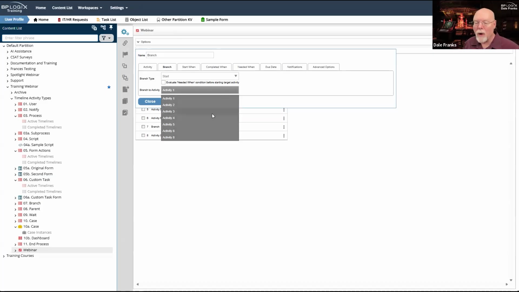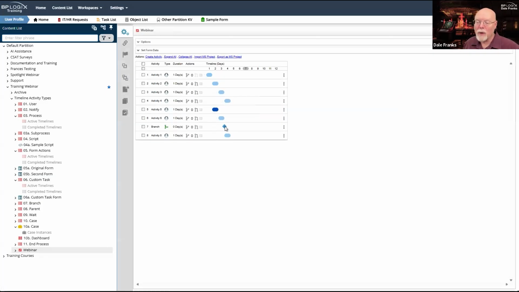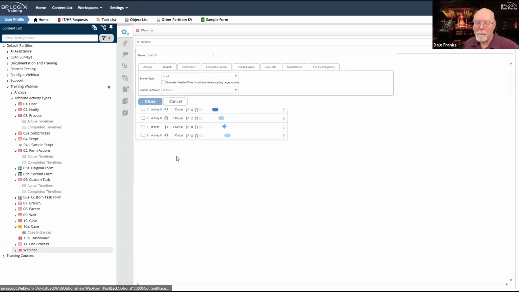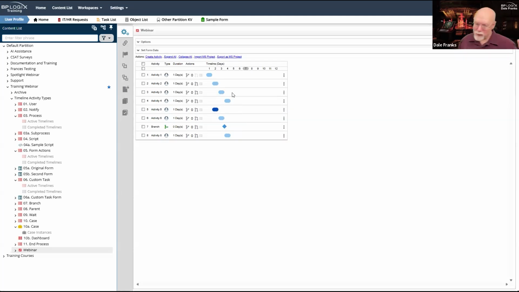Now, to be clear on what that means, if I were to go here and I were to say, okay, I want to start activity 3. So I say, okay, fine. I want to start activity 3. Here is what's going to happen when this timeline runs. So activity 1 is going to occur. And when it's done, it'll kick off activities 2 and 5. And then when activity 2 is done, it'll go to 3 and 4. When activity 5 is done, it'll go to 6, and then it'll hit 7.